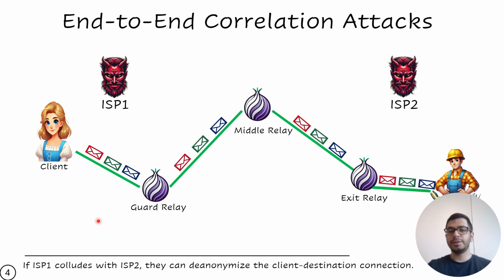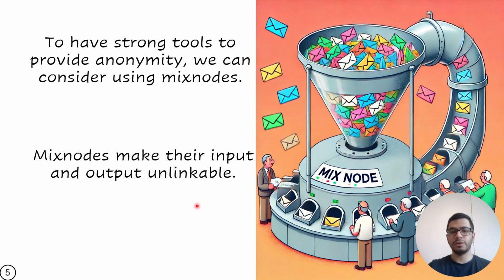In order to mitigate such adversarial behavior, first, we need to have a good understanding of the mixnode. A mixnode is an entity on the internet which receives traffic from different sources or clients, shuffles or delays that traffic, and afterward flushes it out. So if you consider this scenario from the perspective of a network adversary, it would be nearly impossible to map the input traffic to the output. So this entity will help us